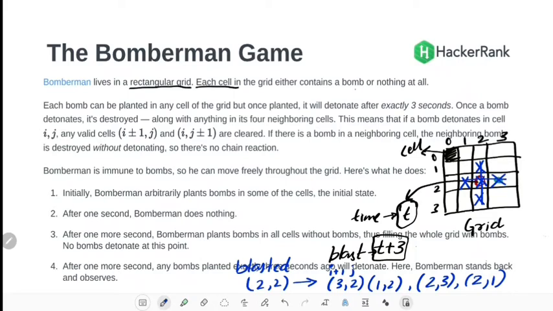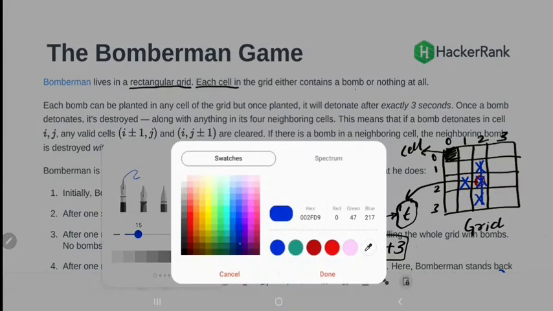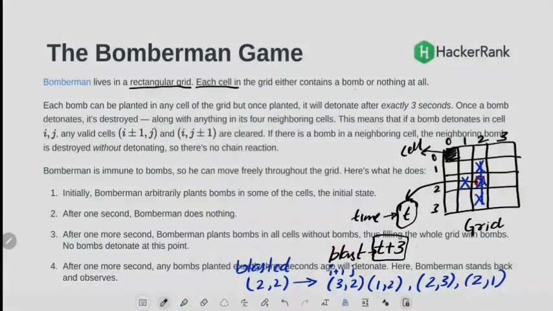If there is a bomb in a neighboring cell, the neighboring bomb is destroyed without detonating. Suppose we take one more bomb here. There is a bomb here also.